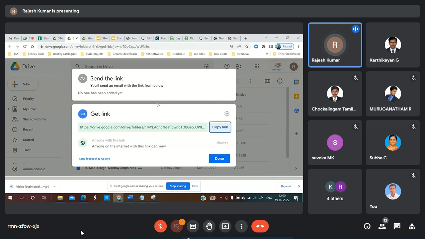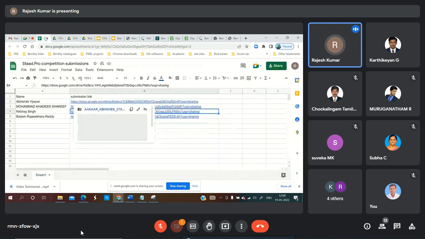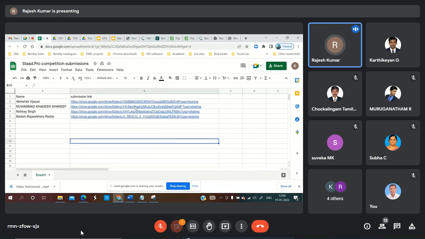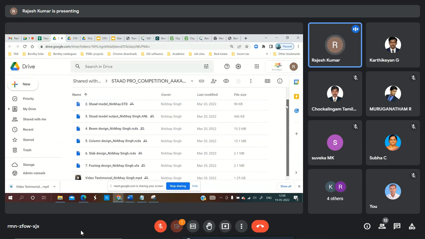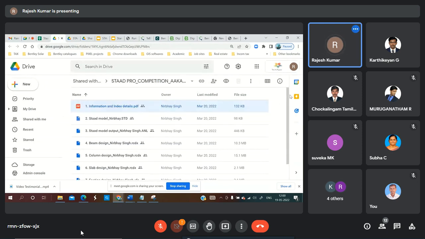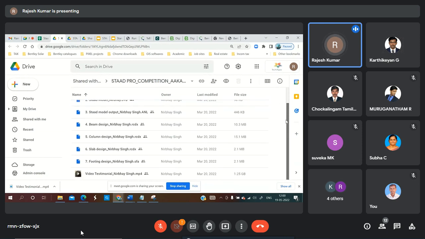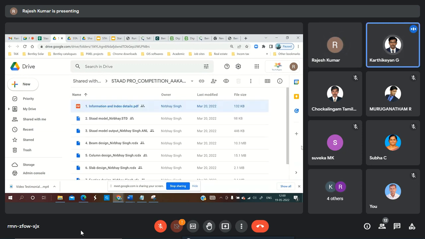Then you just copy that link, and they have pasted that link over here. So me or Bentley will just go and click that link, and see whatever contents he has kept in it. He has kept one index, and he has given all the STAAD models, output analysis files, and one video testimonial. That's all. Sir, that model, is it their own choice, or do you have to give it? Their own choice.